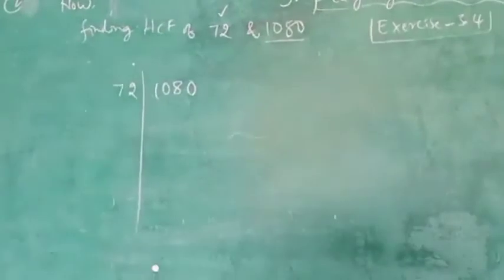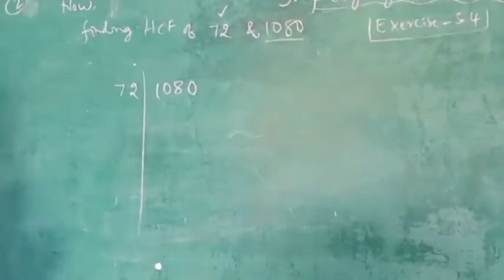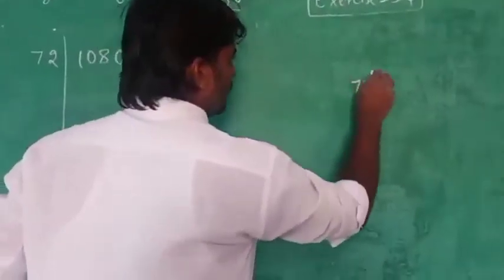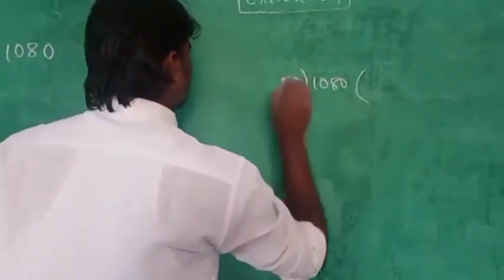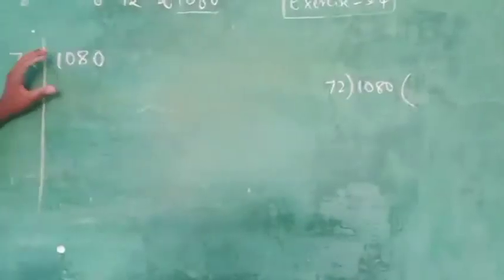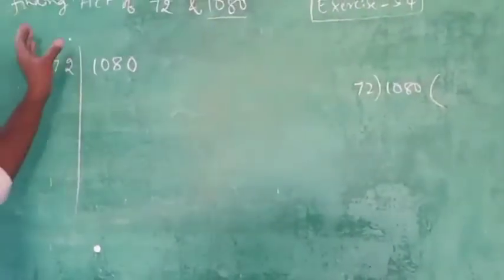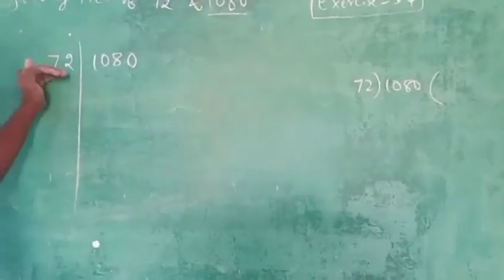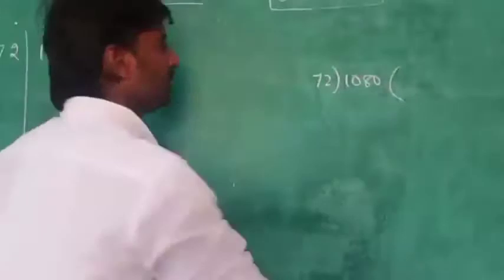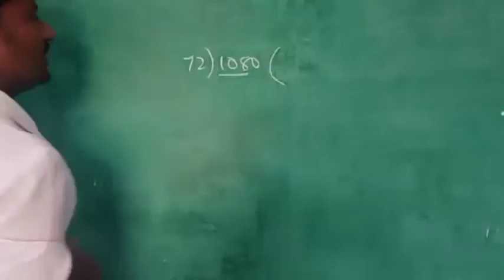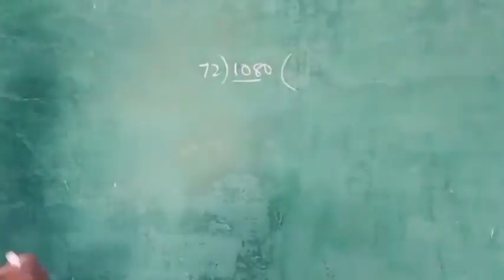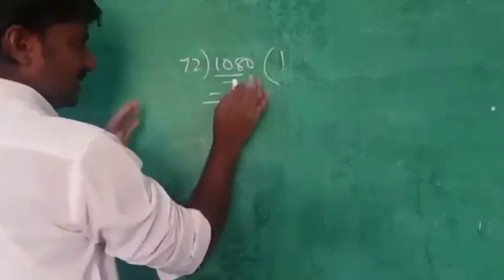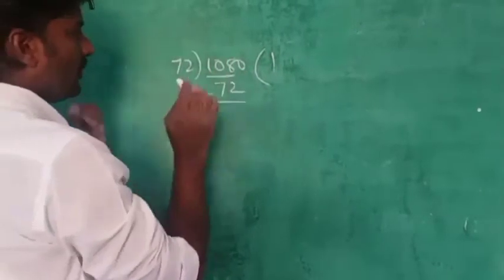Now you should take 72 and you will divide 1080. So when you are dividing here 72 and 1080, you must do division in the rough work in this way. Because here we should not do step by step. I want totally what is the sum you got in 1080 nearer value and 70 table. What is the number that you have to find? So I'll divide it up. 72 and 180 is there. It won't come in 2. 144 here. Once I check. This is division, normal division, not finding HCF, normal division.